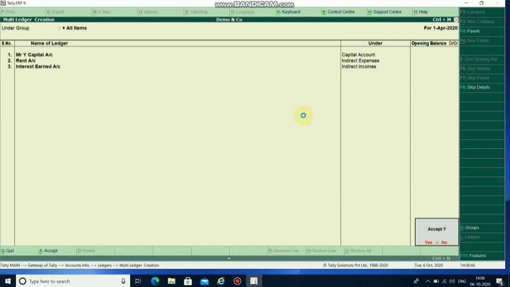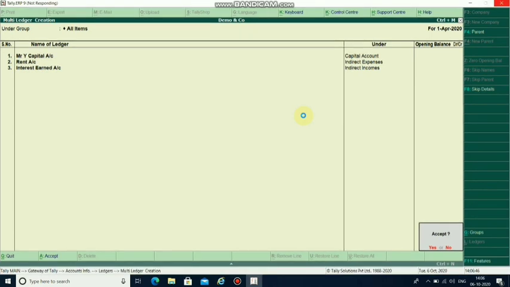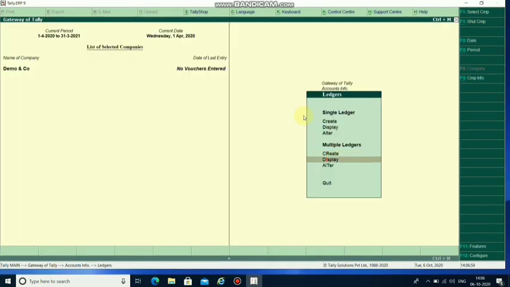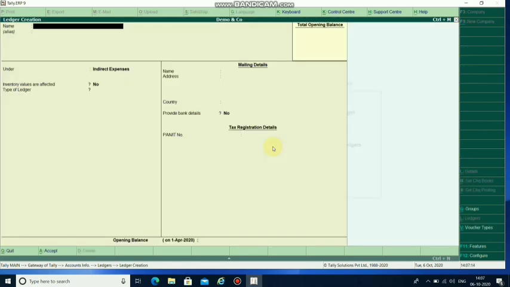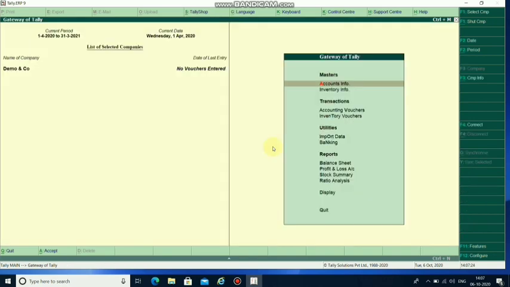This is the only difference. There is not much difference between creating ledgers by the single ledger method or the multiple ledger method. Mostly I'll opt for the single ledger method because here we can make many changes and set many options. Hope you understand how to create ledgers.